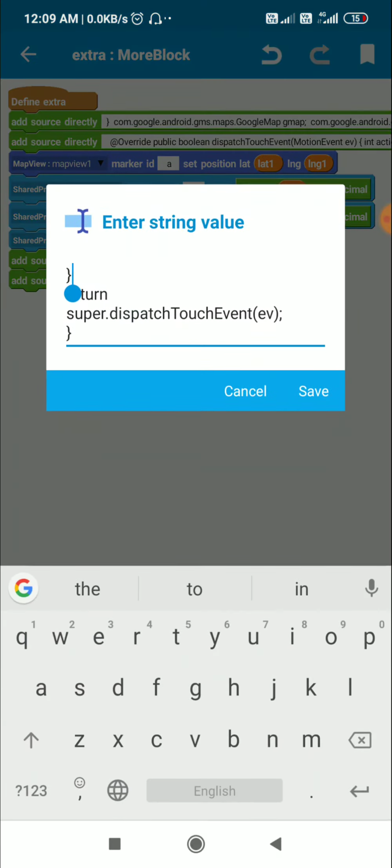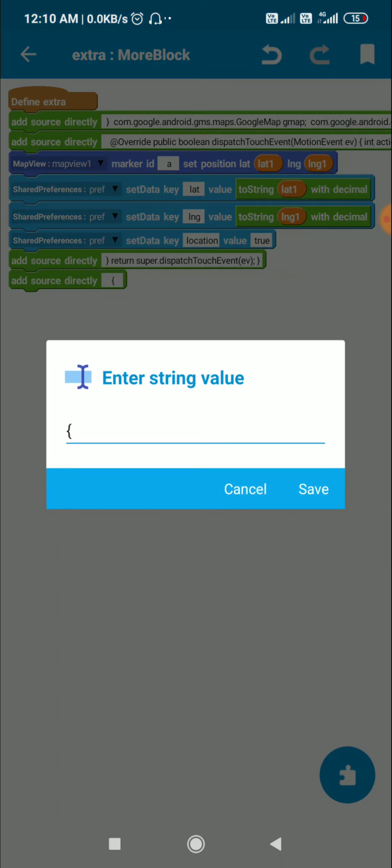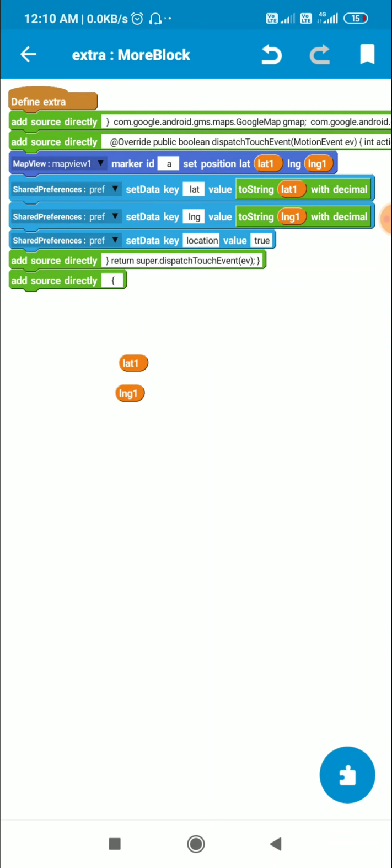After that I close this switch, then I return super dot dispatch touch event EV, and I close this dispatch touch event method, and in the end there is this opening curly bracket. So this is how we select a location and save the latitude and longitude.